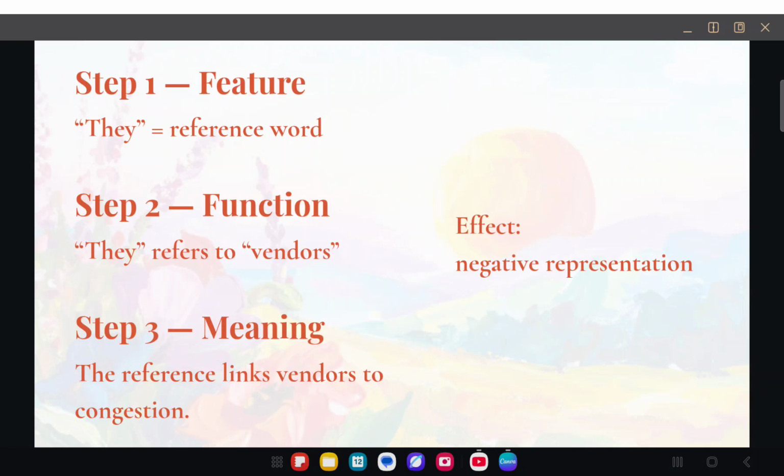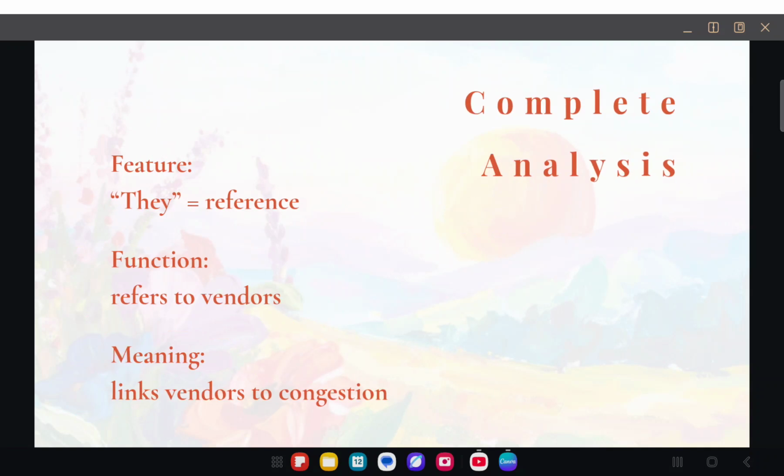As a result, the text creates a negative representation of the vendors. So the complete analysis is just like this. We identify the feature, explain its function, and explain the meaning created by the connection.